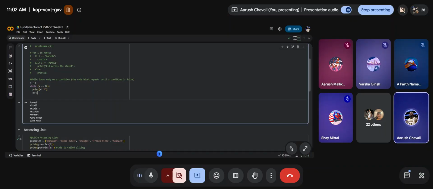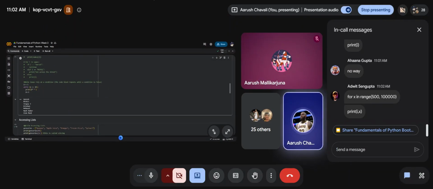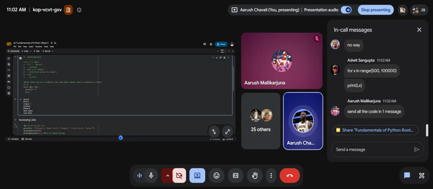Indenting here just means that you're telling the program that this code is a part of this while loop, that you want to repeat that piece of code. That's what you're telling the Python interpreter. So, while x is less than or equal to 10,